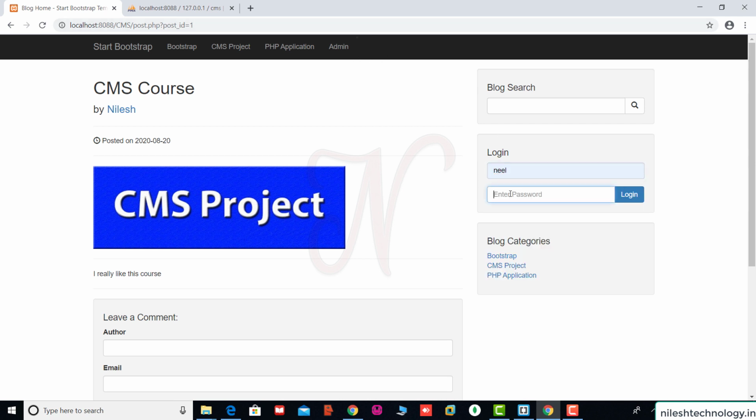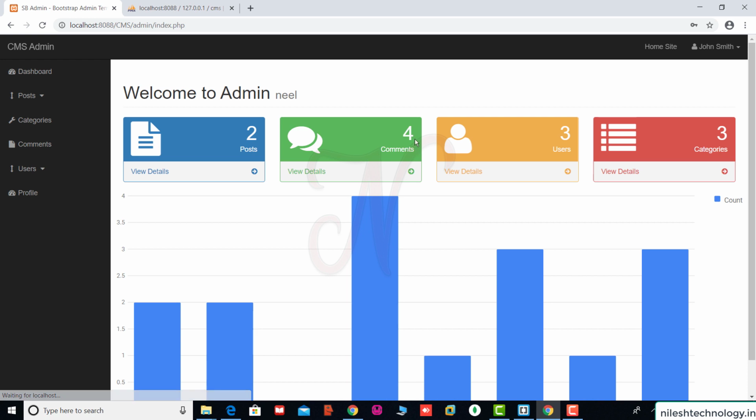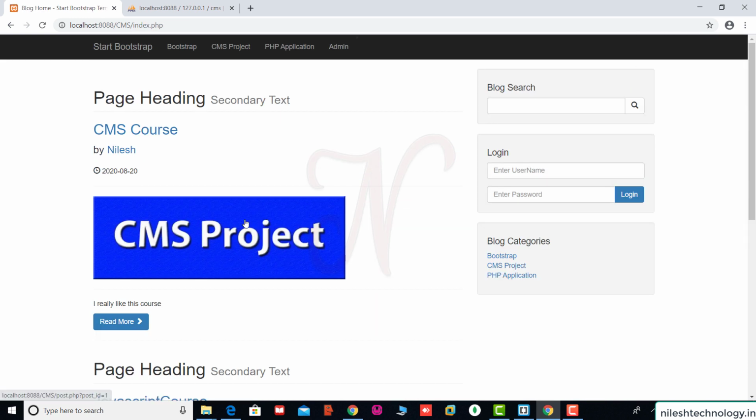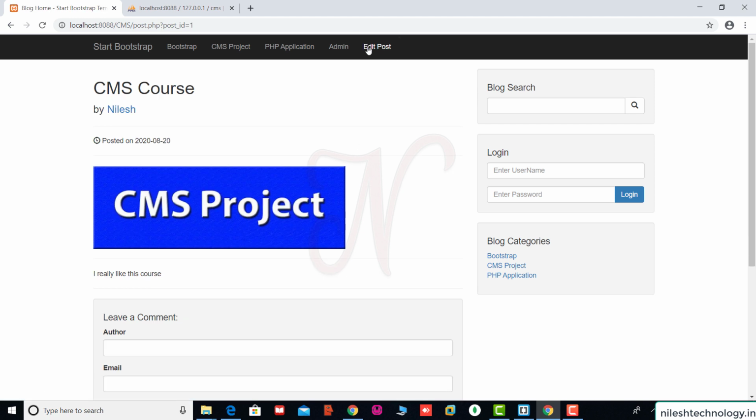So when you are logged in, click on this login button. Okay, and when you are going to this home site and click on this specific post and see edit post, because session has the user role value. Okay, so here we do this code and add more functionality to the existing CMS.